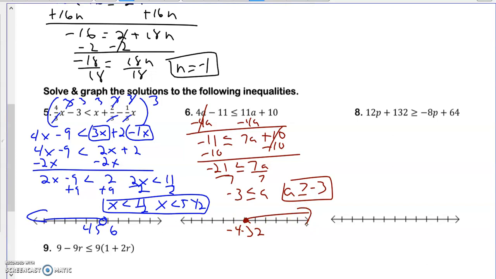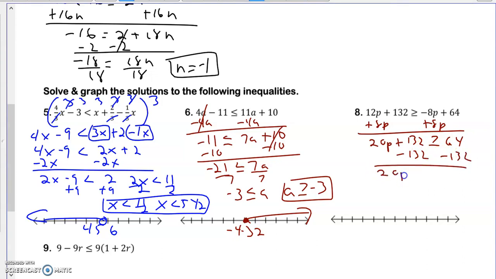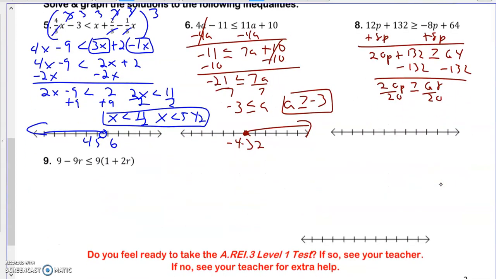Now this one, I'm going to look to see which one is smaller. Obviously, the 8p is smaller, so I'm going to add the 8p. That's going to get me 20p plus 132 is greater than or equal to 64. I'm going to subtract 132, and I'm going to get 20p is greater than or equal to negative 68. I'm going to divide by 20, and I'm going to get p